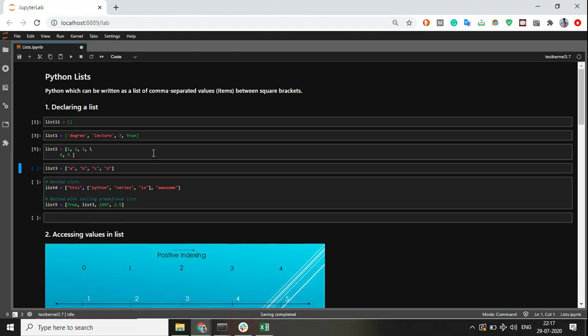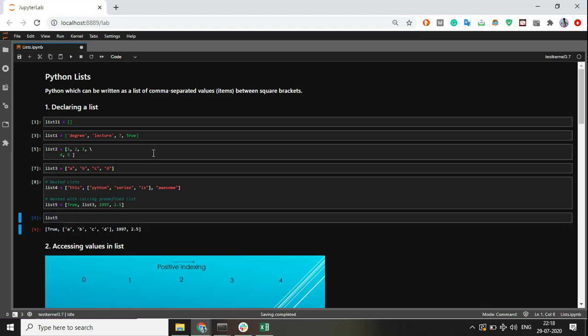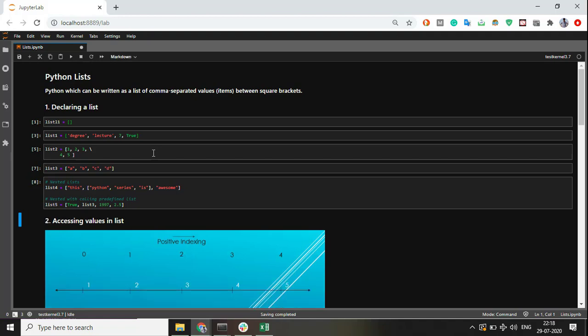So my list also can contain similar types of items like this, and it also can contain a nested list as I talked about earlier. So list 4 over here has another list having 3 values in it. So this is how a list can be initialized. Also in list 5, you see, I have assigned another list in it named list 3. So list 3 is another list which was assigned earlier. So if I give it an index in a list, it will just be assigned in list 5. See, this is how my nested list looks like. Right, so this is how you declare a list.